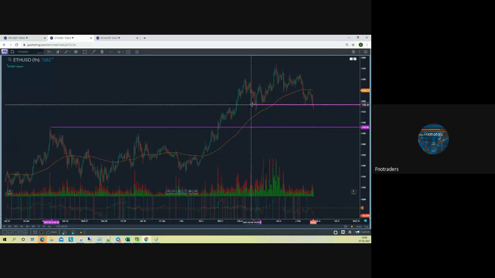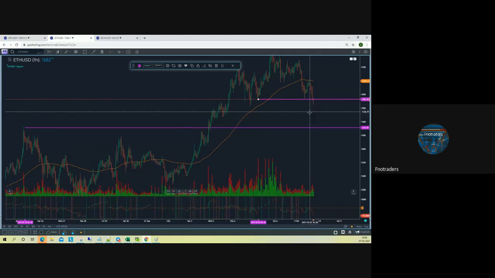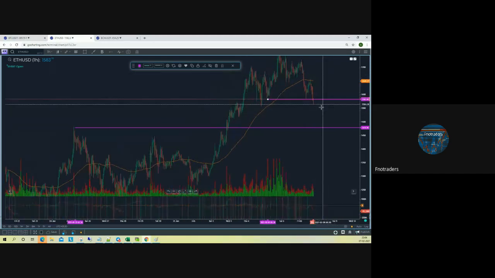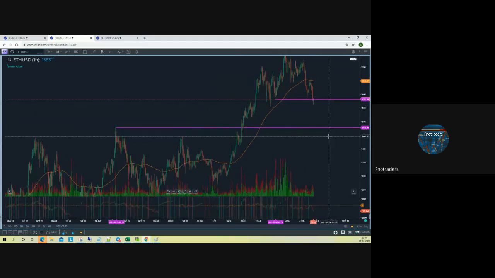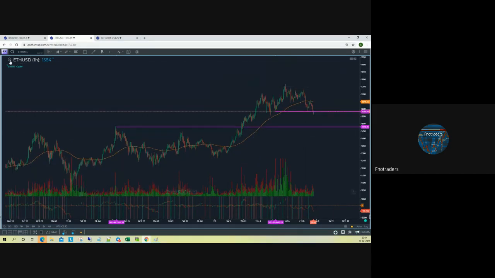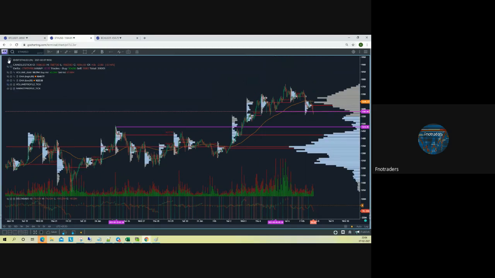If you do have a failed breakdown, that is what you would look for at this point, because this has been tested. If you do have a failed breakdown, then you look for a rotation back. Else, if you start seeing a close below this, then definitely you'd want to see a rotation to this point, right? And this is pure price action analysis, nothing else. Then what you do is build the volume profile on top of it. So this is USDT as well, right?